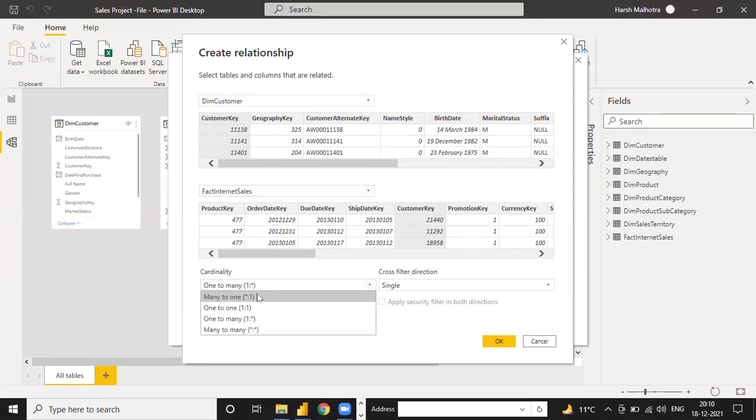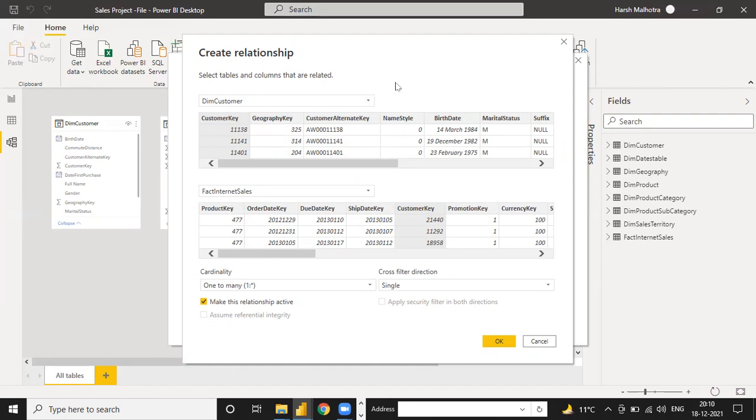And guys, we have a total of 4 types of relationship. One is one to many, second is many to one. So what is one to many and what is many to one? Can anyone explain to me? Because I think we have worked on 2 projects. Do you have any knowledge about one to many or many to one relationships? Can anyone tell me?